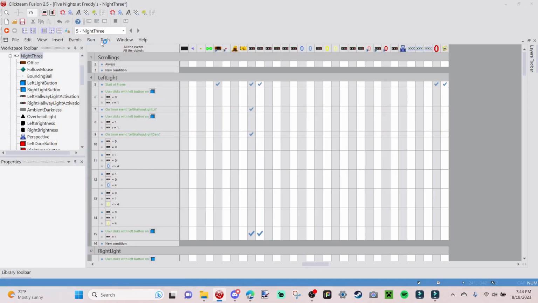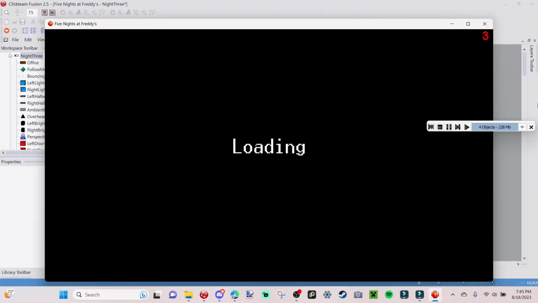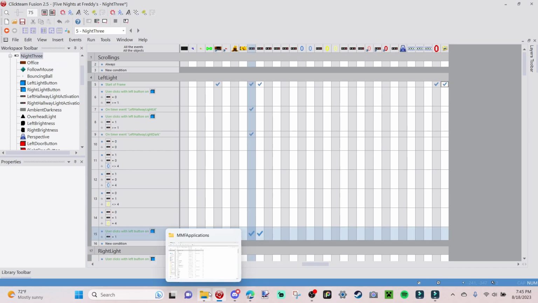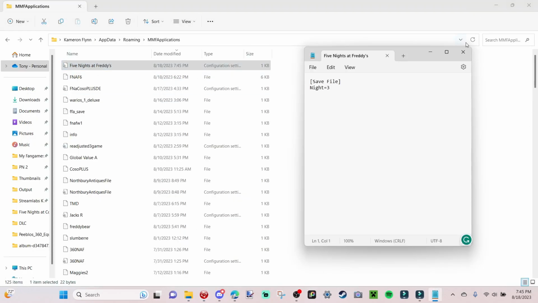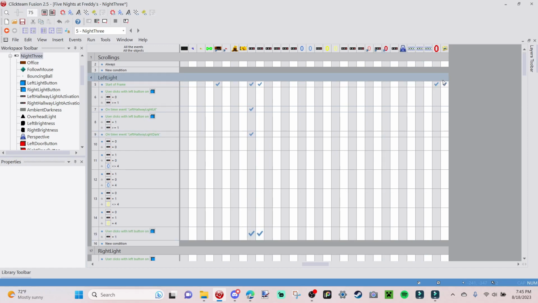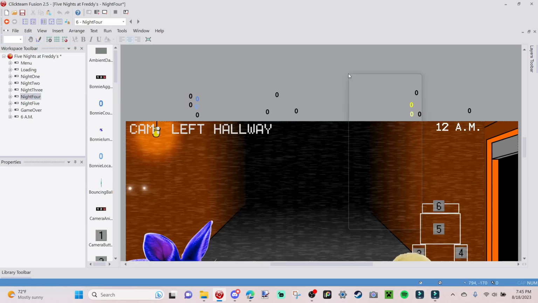Then I run the application, and night 3. I press continue, 3. Then you let it load, 3. And then you go to your save file, double click into it, 3. So it's all working so far. There's really no need for me to show you the whole process working if all we're doing is the exact same thing but changing the values of the counters and the INI to 4 and 5. But I will go through the process, so I'll go to night 4 now and paste it